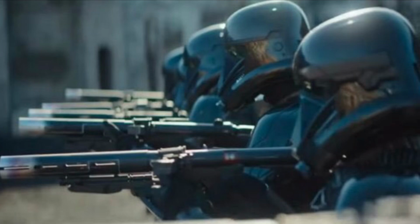Cool, though. Yeah, that's a great shot. That's a lot of death troopers. Yeah, that's a lot of them. Looks like they're going to gun down a whole city. So then, right after that...